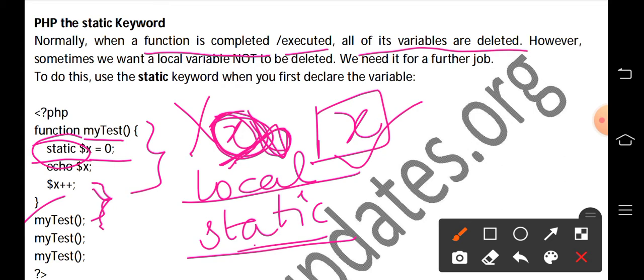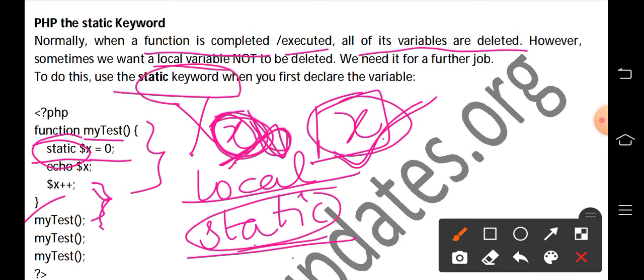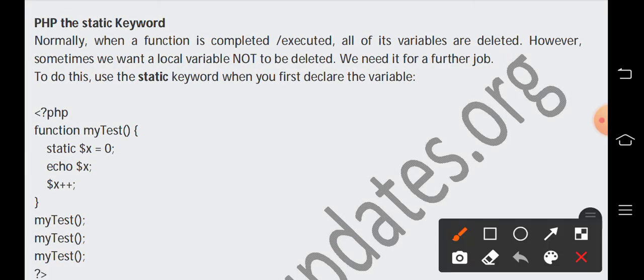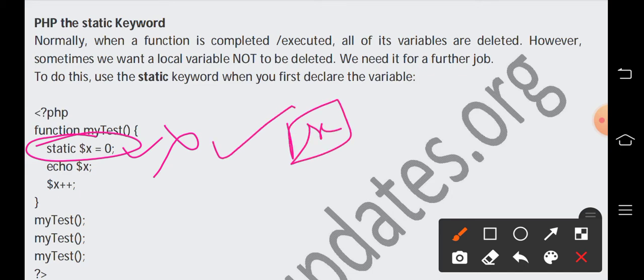But sometimes we want a local variable not to be deleted for further work. To do this, we use the static keyword when we first declare the variable, so that it will not be destroyed and remains in memory for all purposes.